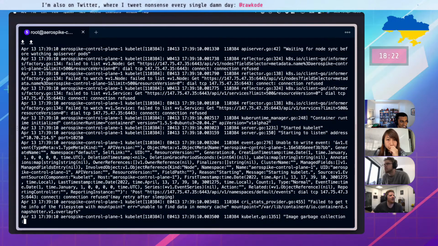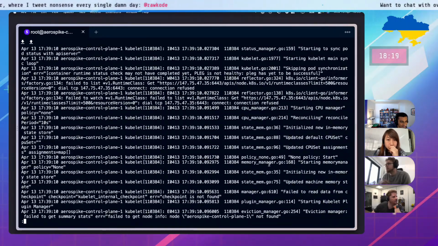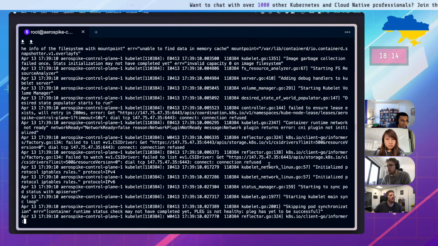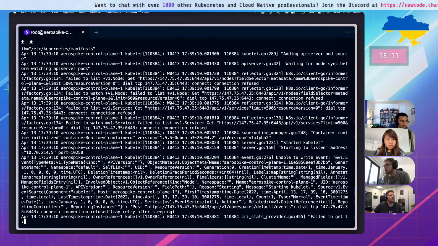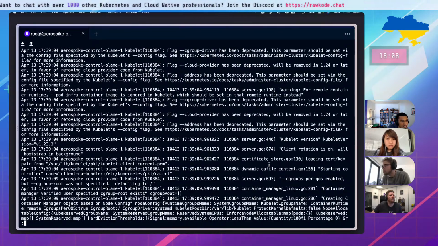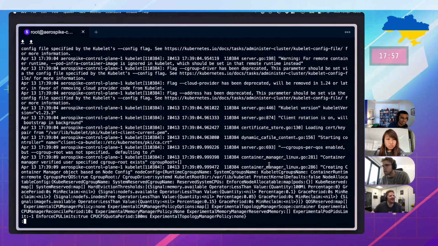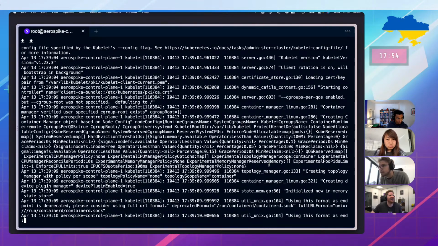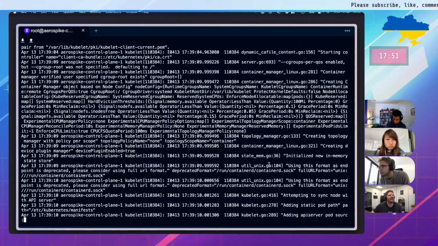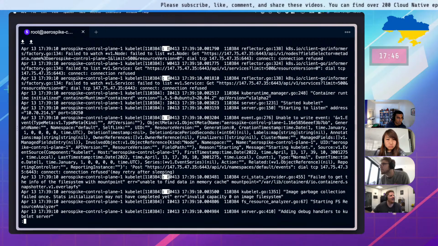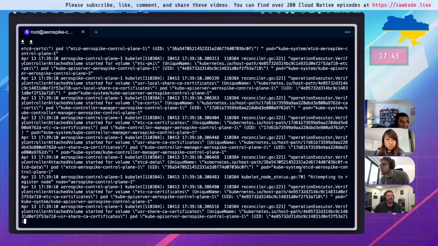So, oh no, there's connection refused still. Before the connection refused, it says it's waiting for the API server. Actually, if you scroll on. Waiting for. Yep. Nope. Creating container manager based on. Should we just look through error logs? Do we have an API server log yet?